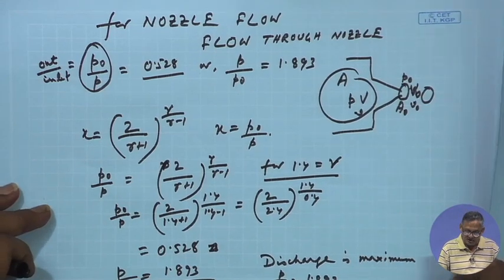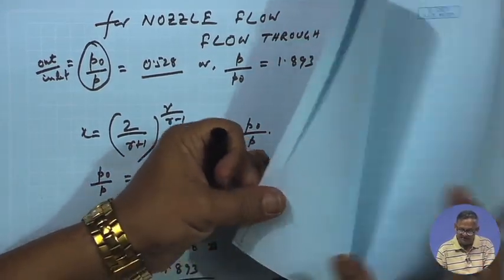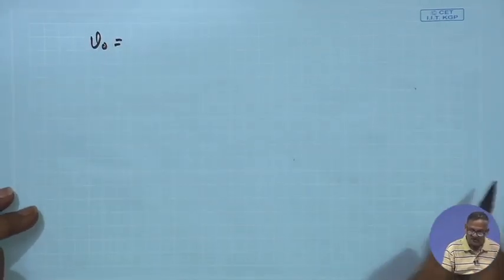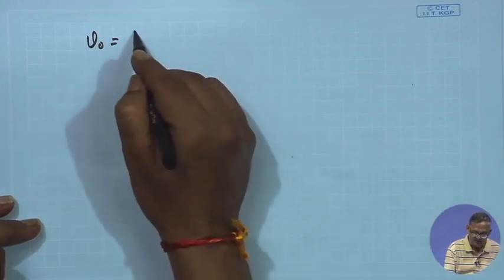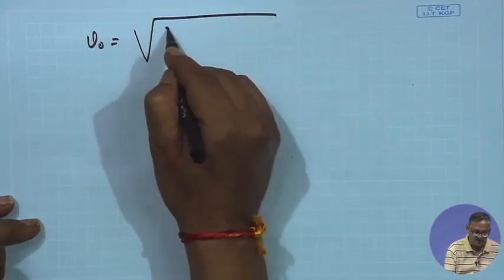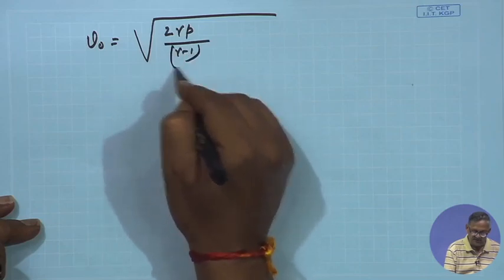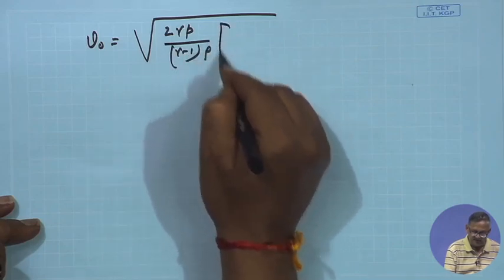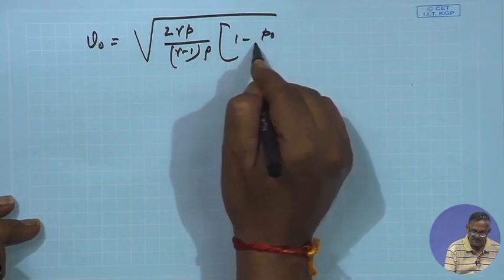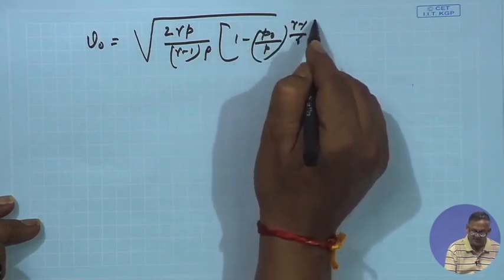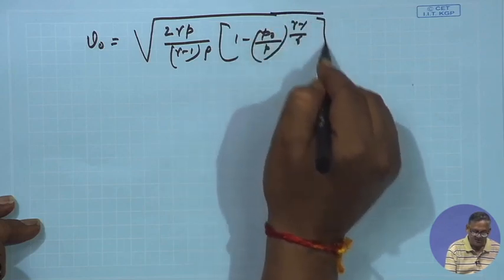So, if we solve this problem, we know that V0 or velocity is under root 2 gamma P by gamma minus 1 into rho into 1 minus P0 over P to the power gamma minus 1 by gamma, right. So, now given